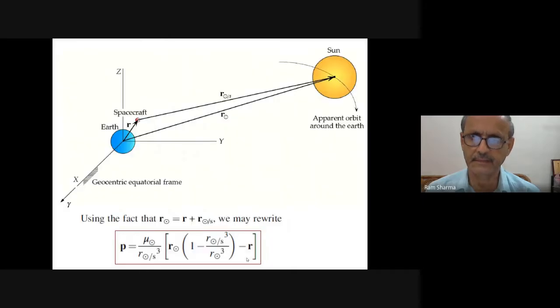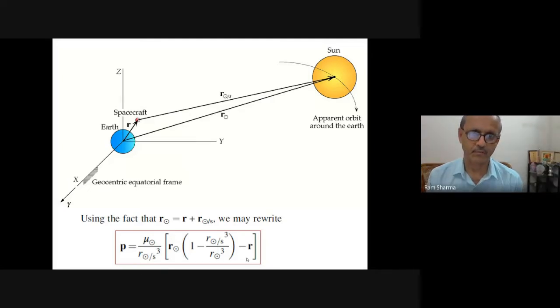And if the sun is the perturbing body on the satellite, you can see Earth is there, in a geocentric coordinate system. Gamma, the vernal equinox, defines your x-axis and y-axis, and the z-axis passes through the pole of the Earth. Then for the sun, you can write the sun's gravitational field, and the P you can write. P and AP are the same. His notation is P, so please do not get confused.